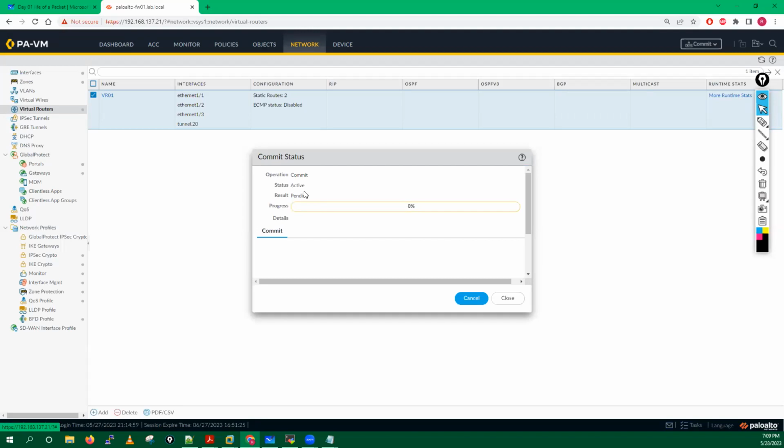So guys, are you getting what I'm trying to explain? Because if you know packet flow in detail, you will be able to troubleshoot the issues. At least you will understand where my packet is going and what's happening when my PAN-OS is doing the packet processing. Let's wait for this commit to complete. Meanwhile,